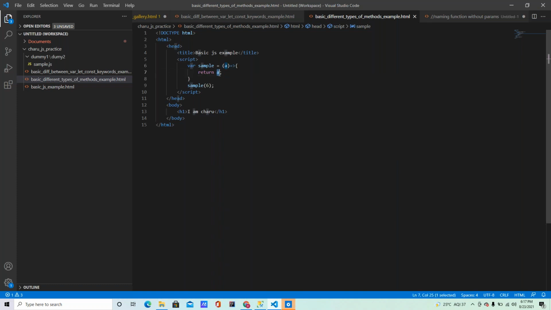Return cannot print any value, it will just return it. It cannot print anywhere, either in the alert box, in the browser, or in the console area. So what I need to do is call this function wherever I want. Right there, console.log.